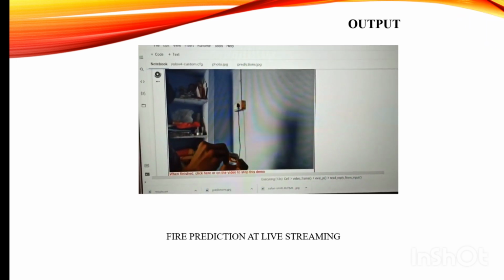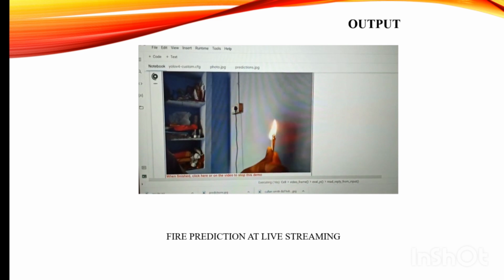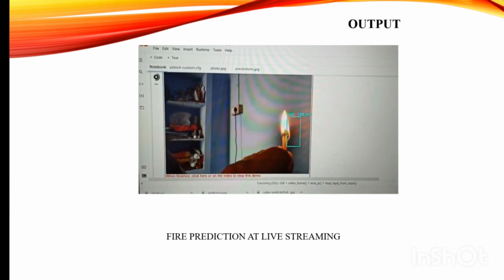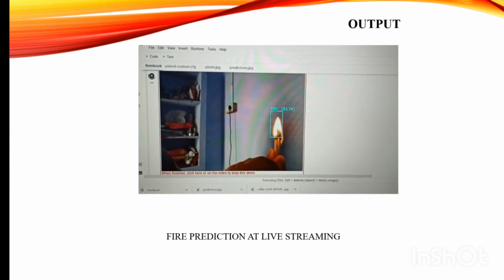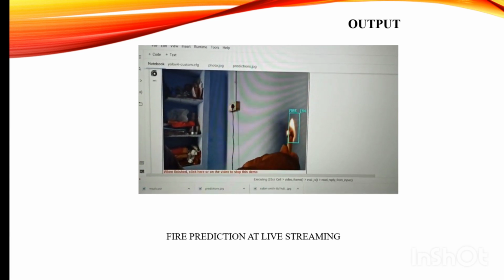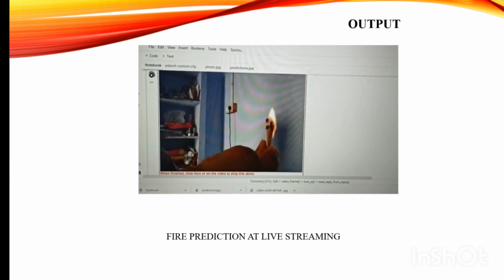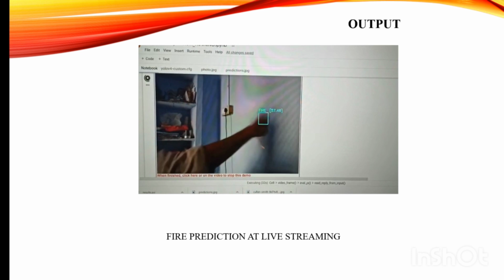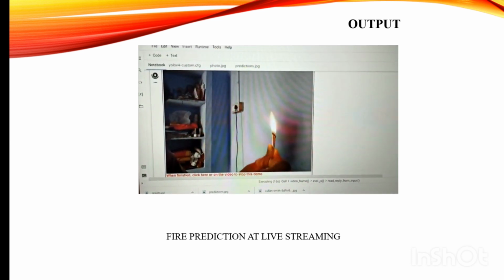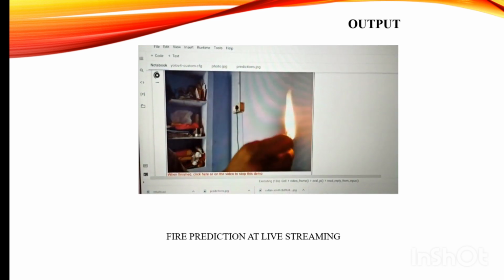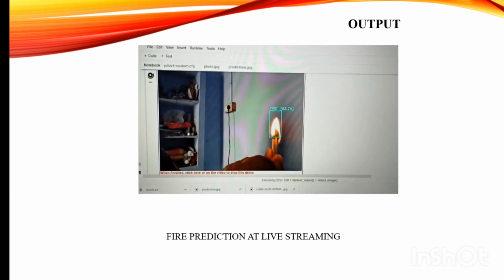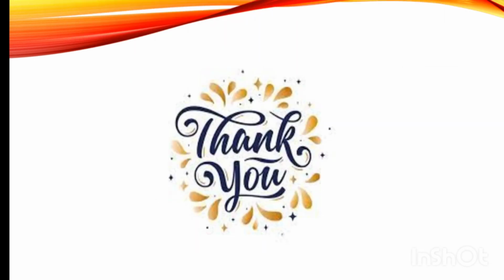At last, it's a live prediction which was done by me during the project. I am going to run a video of my phone from the laptop. I light the matchbox, and see, the fire gets annotated when it is shown to the camera in live time prediction. So this is my output prediction using our deep learning model.